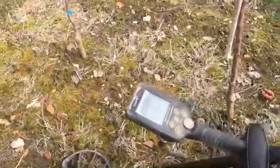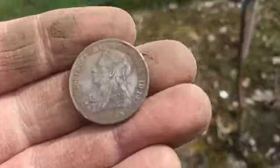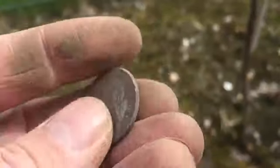Saturday morning, field of Farthings. Let's go and find some history. Yes! Well, I wasn't going to concentrate on coins today so much as artefacts. But when something comes out the ground in that condition,